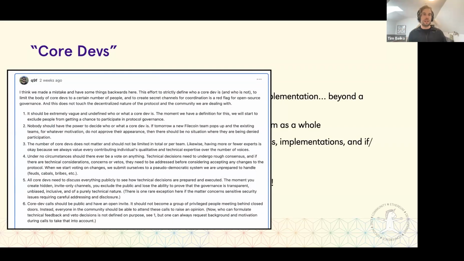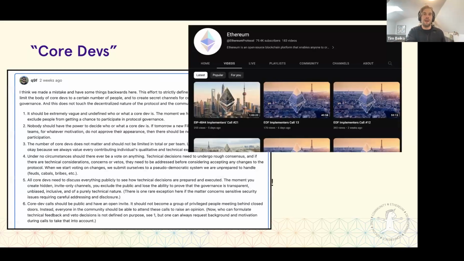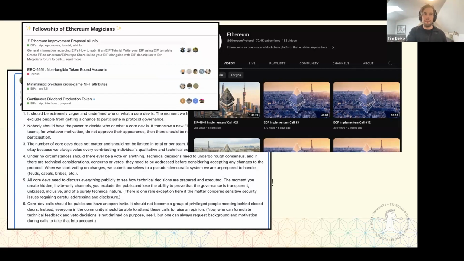And I think I agree with pretty much everything he's highlighting there, where there's a lot of value in having this be public. And on the Ethereum network, a few things we've done for this is all of the calls that have to do with not only the core dev calls, but even calls about specific EIPs or sidetracks, like, for example, the 444 calls or EOF calls, as shown on this image. They're all published to YouTube and live streamed, or at least made available with recordings, so anyone can follow up on them.